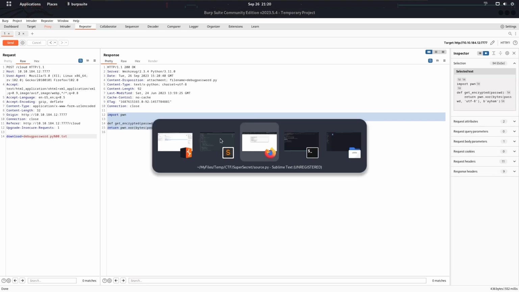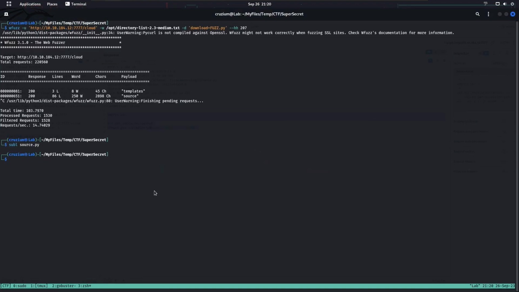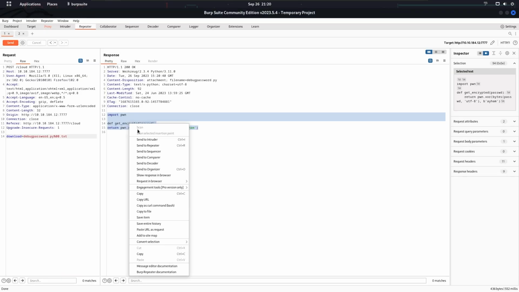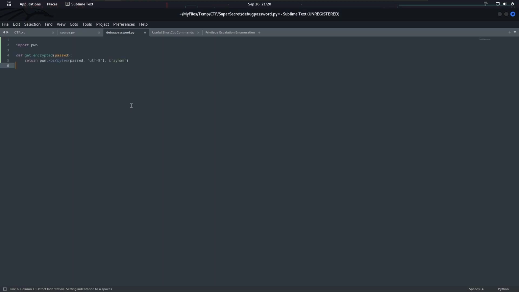So let's open our Sublime. Where is it? Debug.password.py, and copy this. So this is the function that has been called here, and it's encrypting the password with XOR, and its key is ihum. Okay,